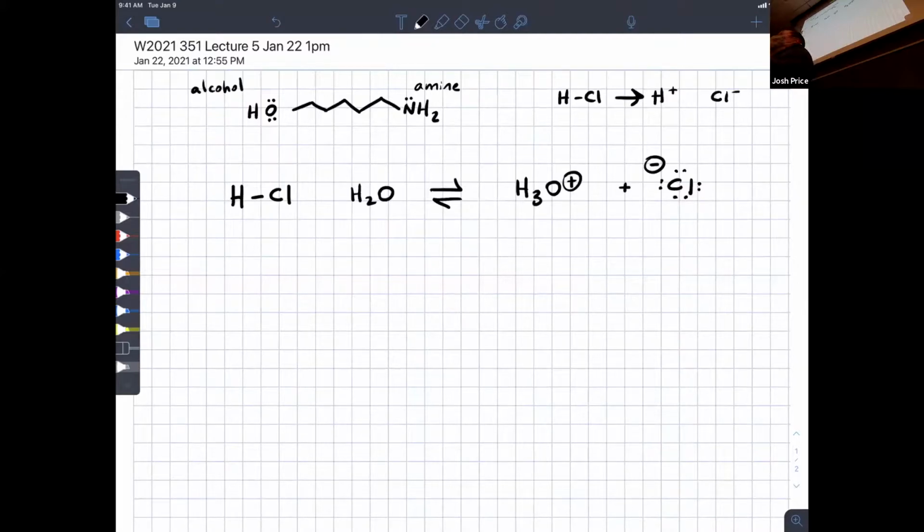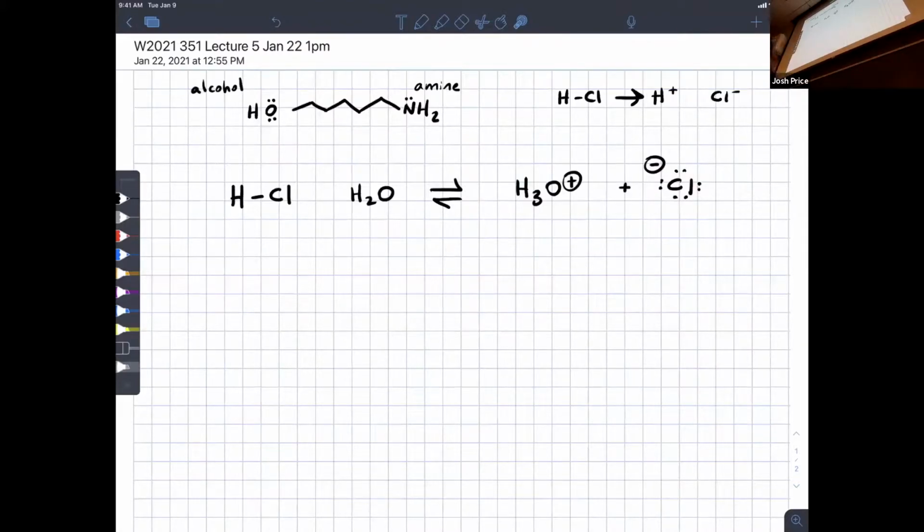But this is an oversimplification that may happen in the gas phase, but in this class, we're interested in the world around us, which is not in a vacuum. It might be in a flask, it might be in water. What happens in water is that HCl transfers its proton to water to give you hydronium and Cl-, okay? Now,